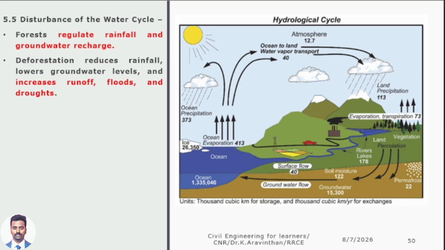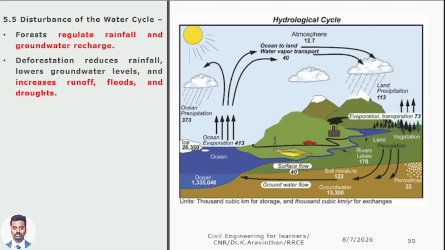71% of water, 29% of land. The water is being absorbed from all the places, no? You see the nature, it takes more water from the ocean and it sprinkles on the land. Do you see the wonders of nature? Ocean evaporation is 413. This is in 1000 cubic kilometers of storage. Can you see how much evaporation is being done on land? Only 73. Evaporation and transpiration is 73. If you compare with ocean, how many times of evaporation is happening on the land? And you see how much precipitation?